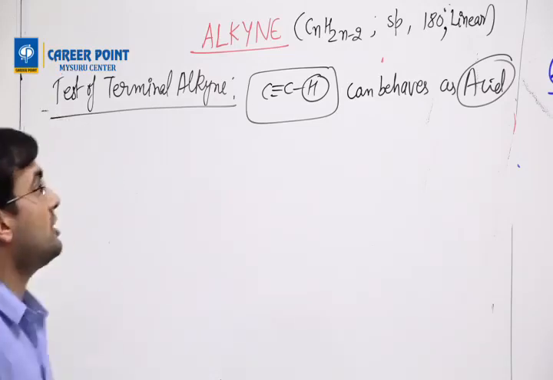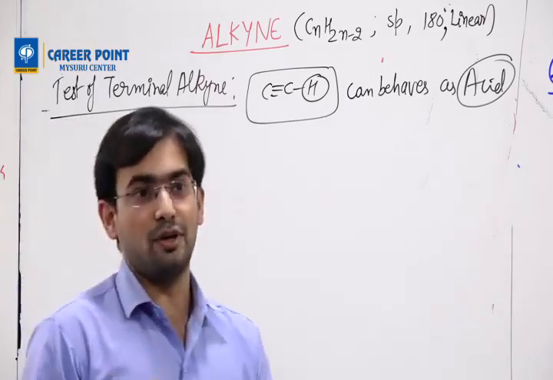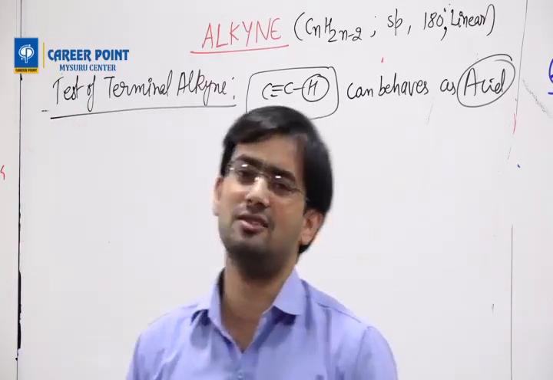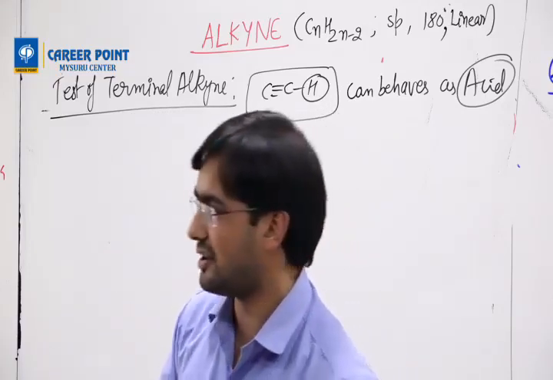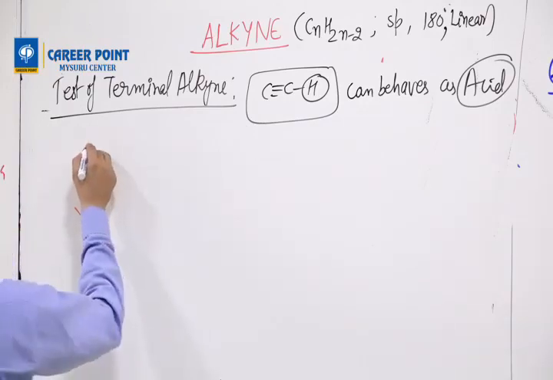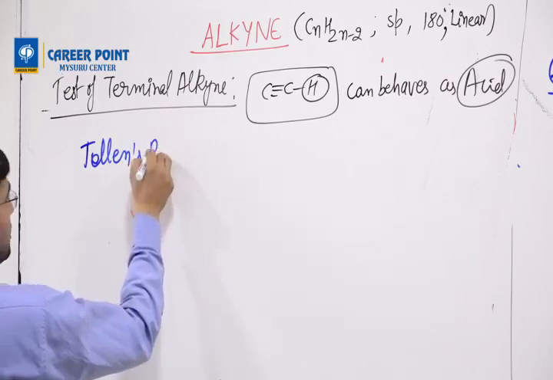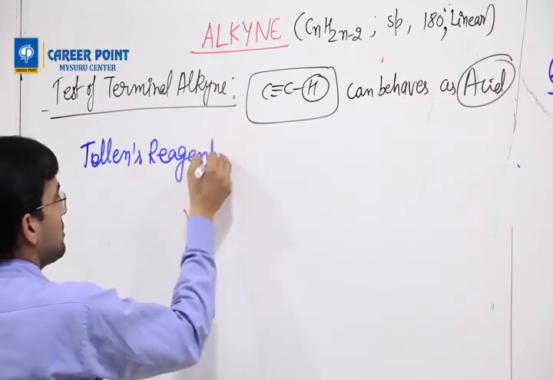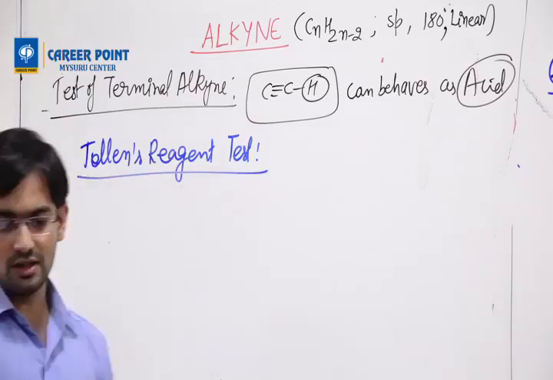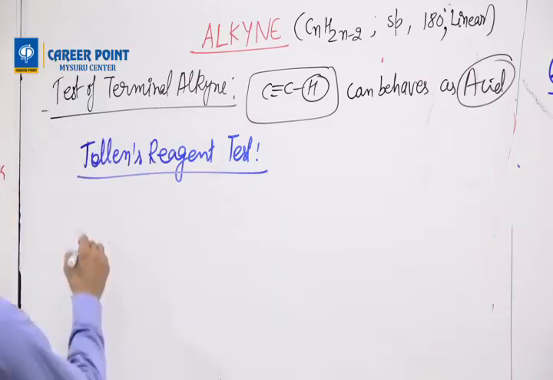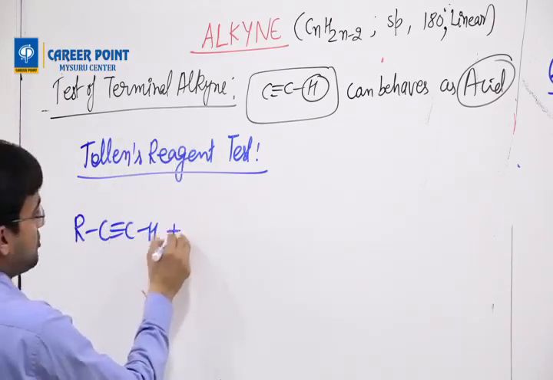So how do I treat them? How do I find out that this alkyne is a terminal alkyne? By looking at it, you can't tell, because up to 5 carbons these are all gases. So by looking at the gas, you can't tell whether it's a terminal alkyne or not. So what we do, we call it the Tollens reagent test. Next heading is Tollens reagent test. I'm going to take a terminal alkyne RC≡CH plus